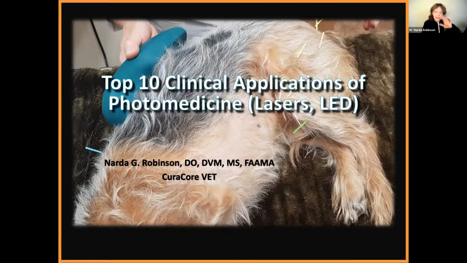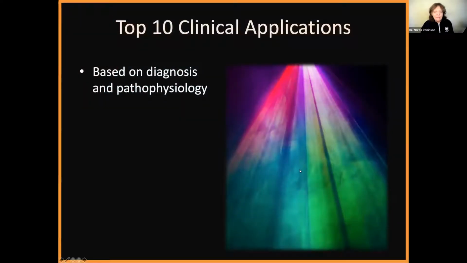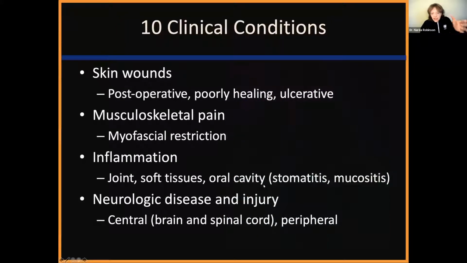But anyway, just to narrow this down, because I teach long courses and a lot of stuff, I think that I generally include too much information, but I think it's important to be thorough. So we're going to base these clinical applications on the diagnosis and the pathophysiology. So I've just sort of summarized a bunch of them here. There's definitely more. But if we look at problems with the skin, so wounds or irritations, inflammations, non-healing issues, we can have like three main sets. There's postoperative, there's poorly healing, so chronic long-term wounds, and then there's ulcerative conditions.